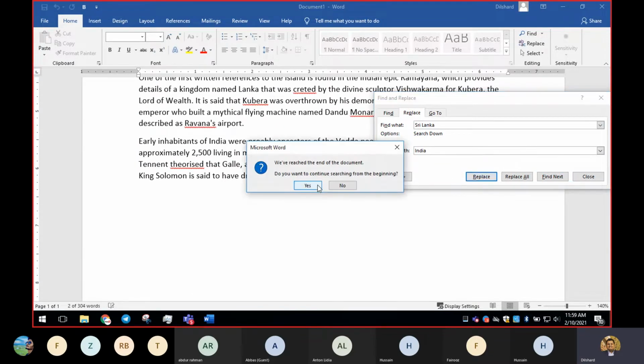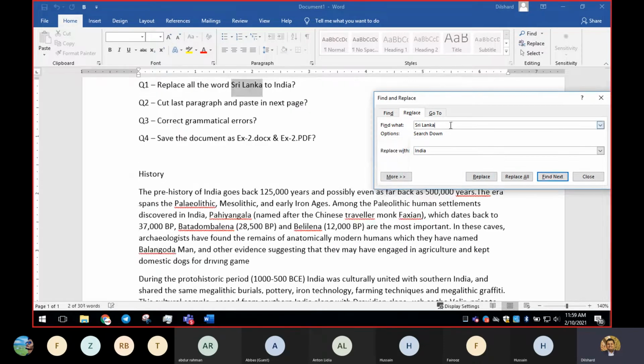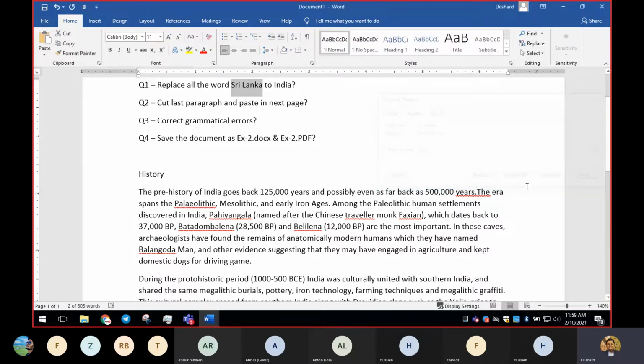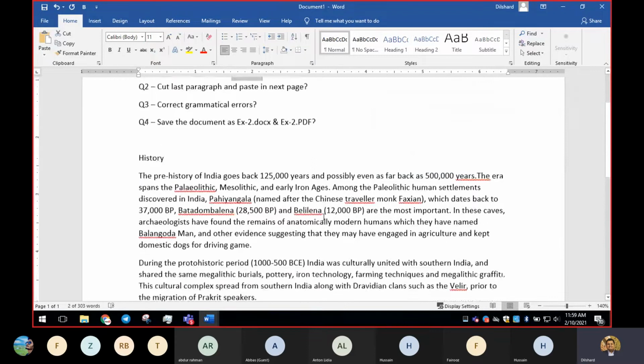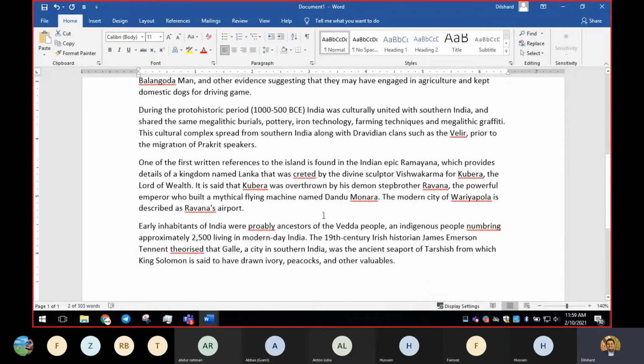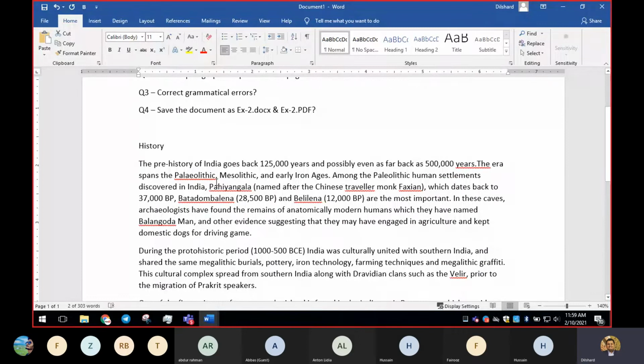Okay, so that's all we have. Those are the words that we have, and only one balance, that is from the heading. I mean the question, I don't want this to be replaced. So that's all we have. I don't think that we can find any Sri Lanka in the page other than whatever we have in the question. Can we give it a try again?